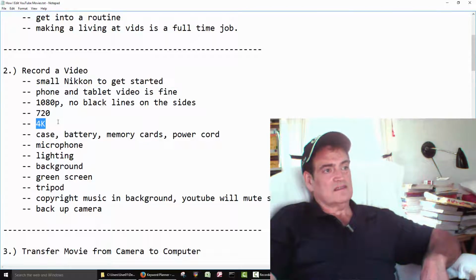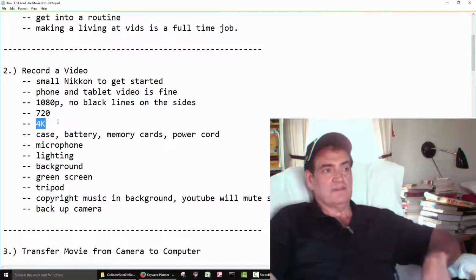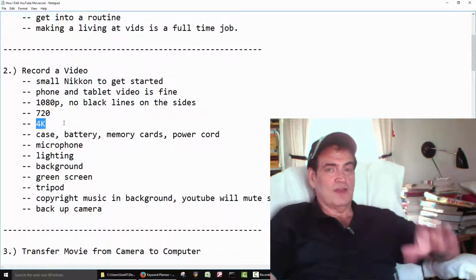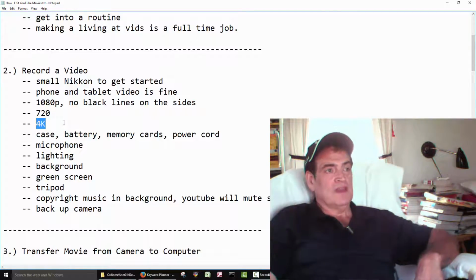4K is coming out. That's real high definition. And then I think even 5K is coming out, and I think it's even up to 8K or 12K. Don't hold me to that, but I think I've seen that too. But 4K sounds nice. I researched it, but it's a pain because